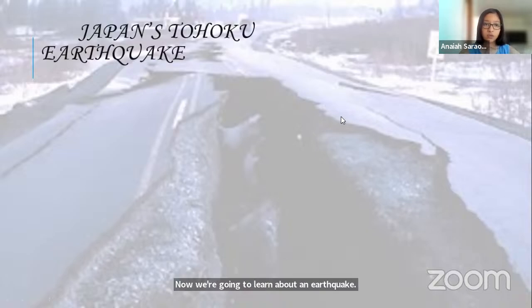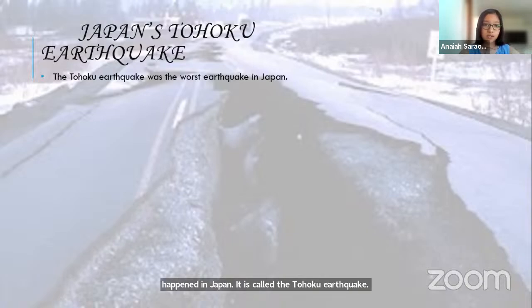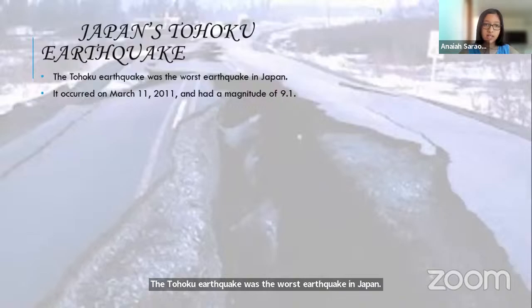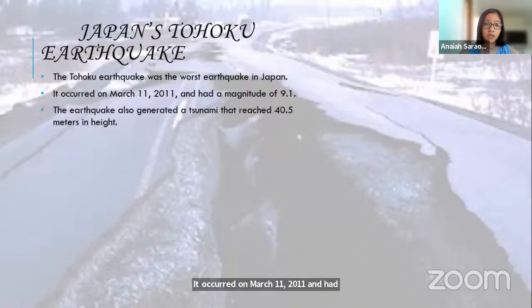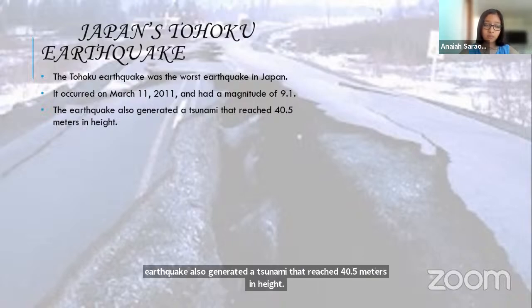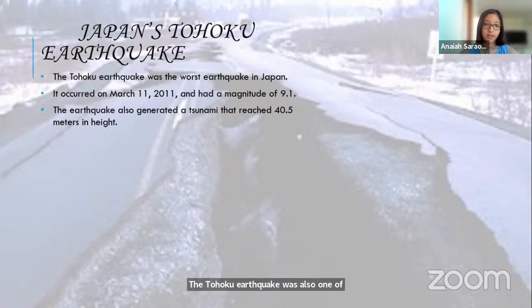It is called the Tohoku earthquake. The Tohoku earthquake was the worst earthquake in Japan. It occurred on March 11, 2011 and had a magnitude of 9.1. The earthquake also generated a tsunami that reached 40.5 meters in height. The Tohoku earthquake was also one of the top five largest earthquakes in the world.